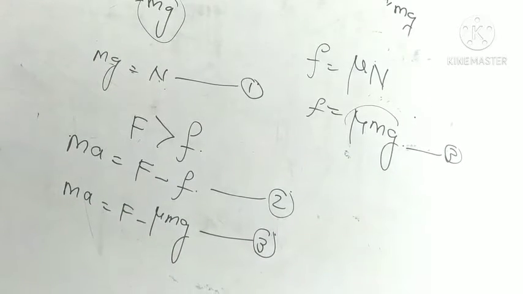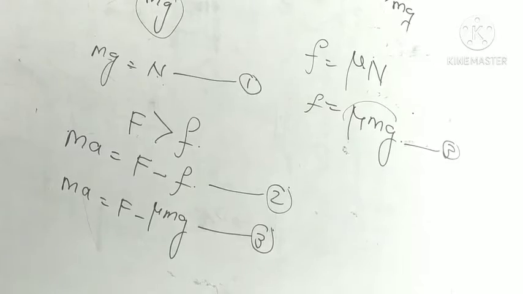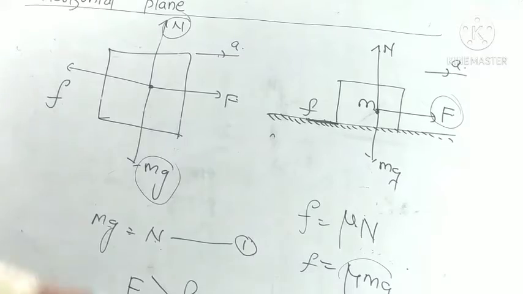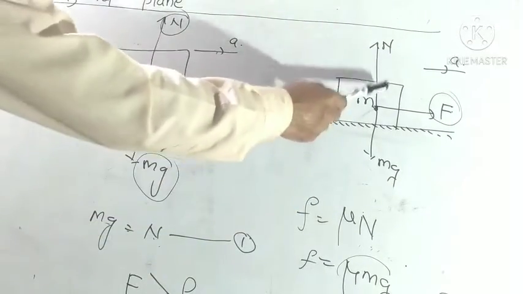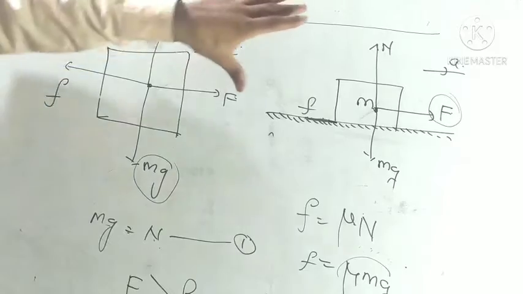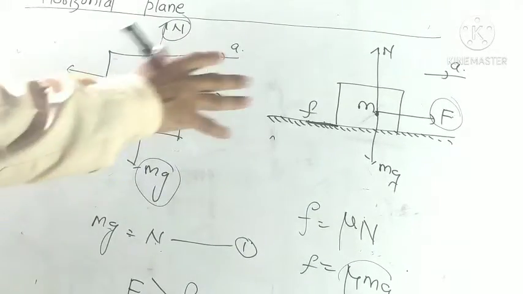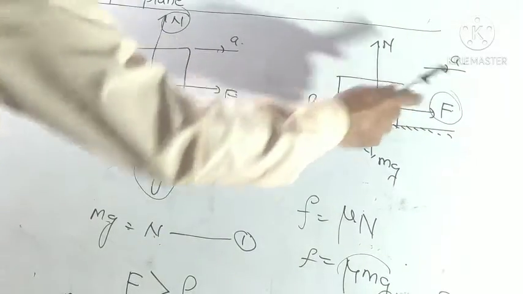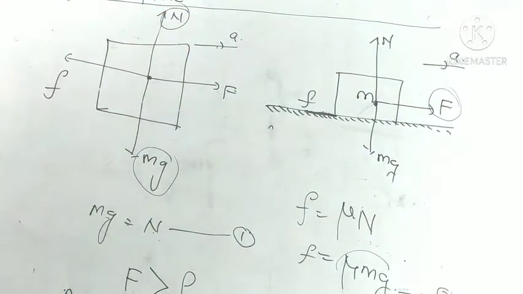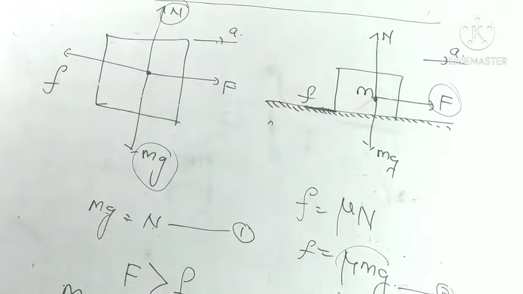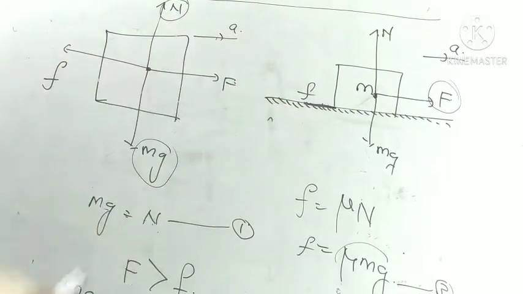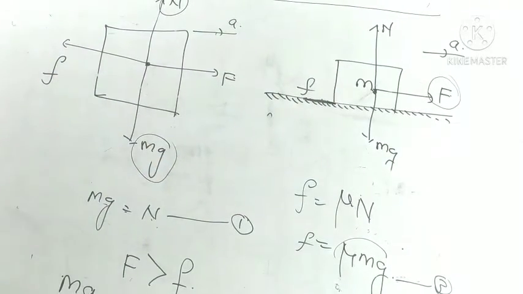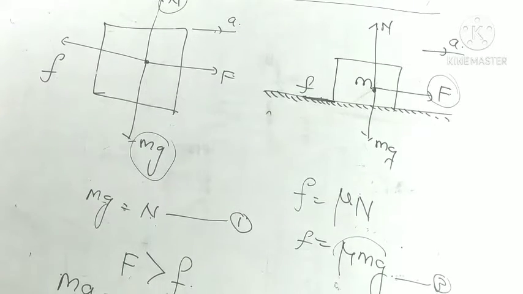Here I repeat again. We take a body and put it on a horizontal plane. The weight of this body works vertically downward and the normal force works vertically upward when this body is at rest, so all the forces balance each other. But when the applied force capital F works on this body, it starts moving to the right with acceleration a. Then a frictional force, small f, is produced between the contact surfaces of these two bodies. This is the free body diagram of this body having mass m, and this is equation number 1.